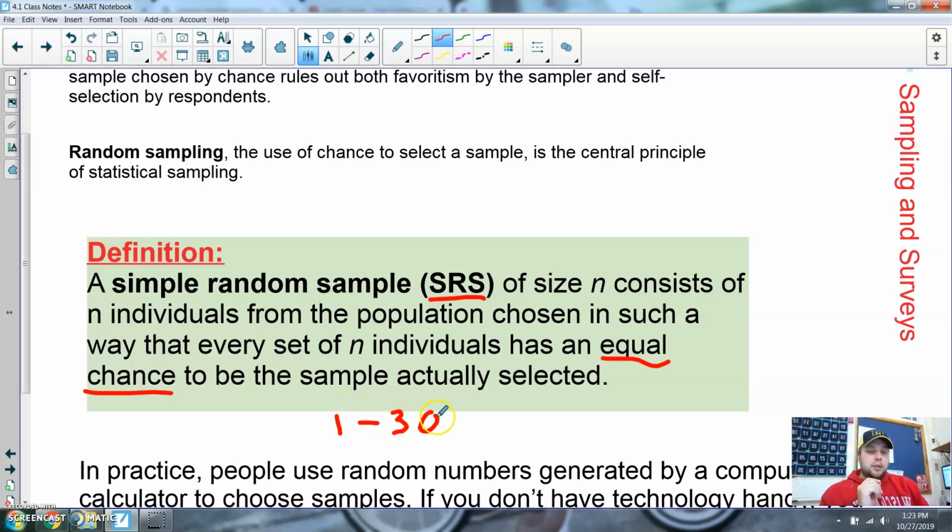And that one you have to be a little bit more careful on when you're assigning numbers, because if we have 30 people, we would want to make sure we have double digits for everything. We can't just assign it 1 because that gets a little messy. But if you're doing a random number table, which is actually found on the back page of